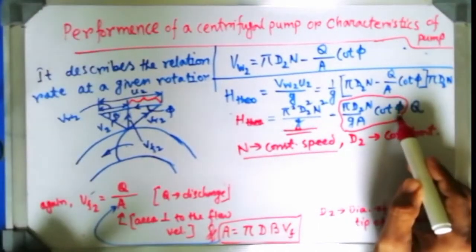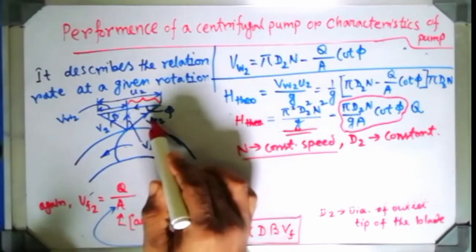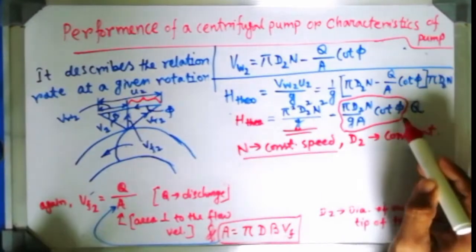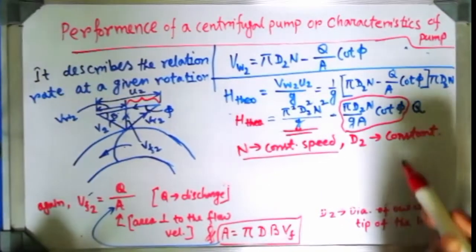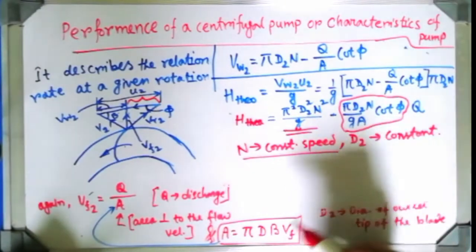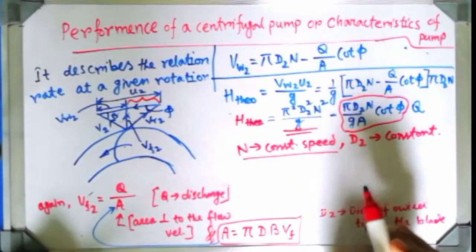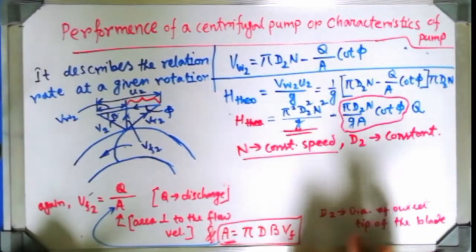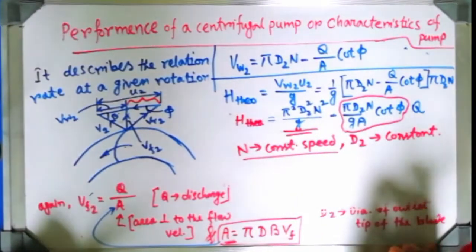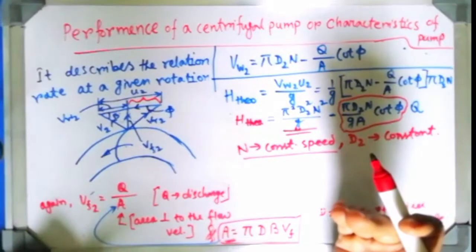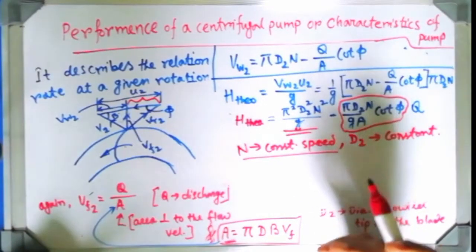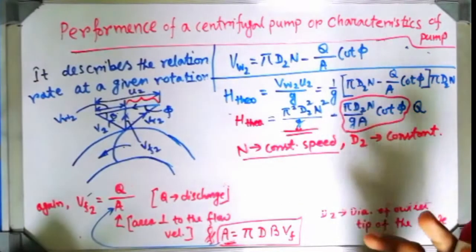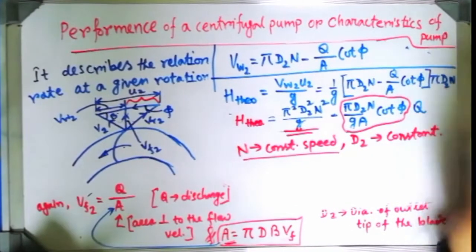isn't it? Because this angle phi is the angle between this relative velocity and the blade velocity. For a particular geometry of a blade, the phi angle will remain constant. And if we consider that the diameter as well as the blade geometry is remaining constant, then A also will remain constant, because A is related to the diameter as well as the width of the blade. They are based on a particular geometry, and it cannot be varied. After manufacturing a pump impeller, you cannot vary this D parameter or B parameter according to your wish. Only you can adjust the speed and the discharge.